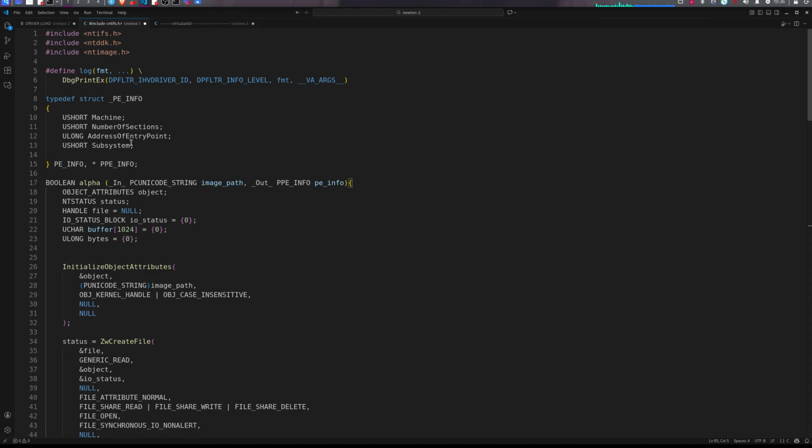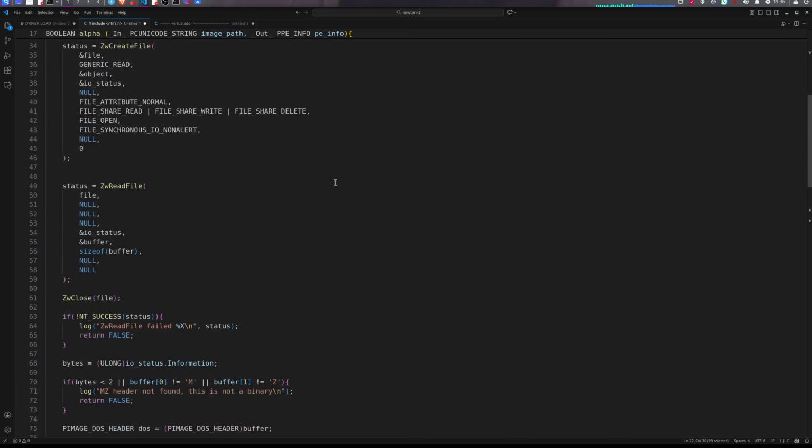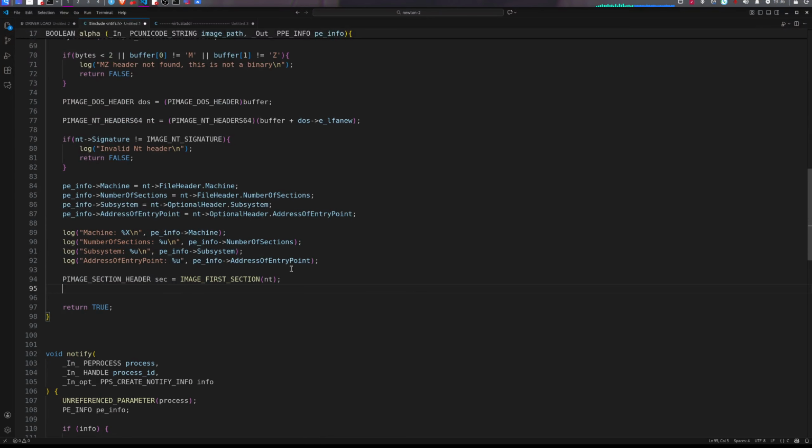So what we're going to do is check every section and find whether the entry point, which we already have, is in that section. If we find the entry point in that section, then we will highlight it and save a bunch of things from there. So I will save it in some variable, so that I don't have to write it again, let's call it EP, and PE info points to the,